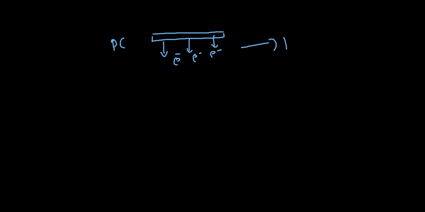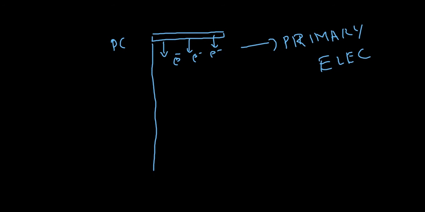So now this is the starting stage of your photomultiplier tube. This is the photocathode, where you have a good number of electrons entering. Say these are the primary electrons; we can just name them primary electrons. When these primary electrons enter the photomultiplier tube, inside it you have a set of